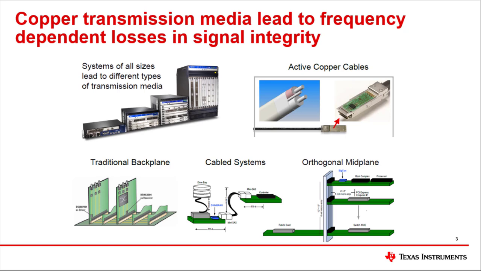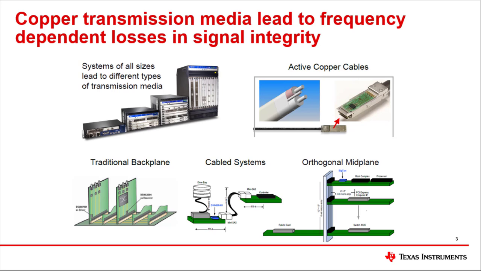In many PCIe systems, copper transmission media like cabled systems, backplanes, midplanes, and switches are used to connect peripheral components to the central processing unit, or CPU. For example, a solid-state drive, or SSD, will store data from the computer in the form of accessible memory that the CPU can utilize to perform necessary operations. In this case, it is very important that the SSD can send data to the CPU, and that the CPU can send data to the SSD. If the data were corrupted, that could deal a critical blow to the system.